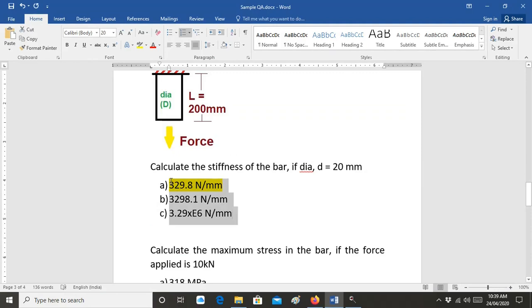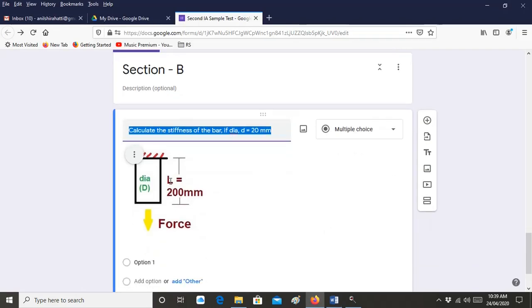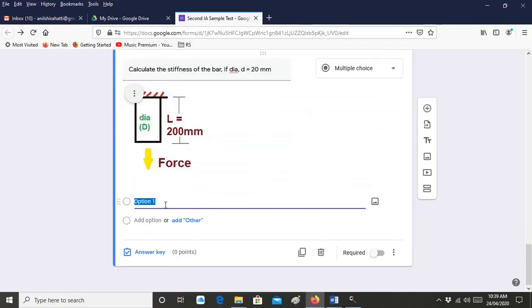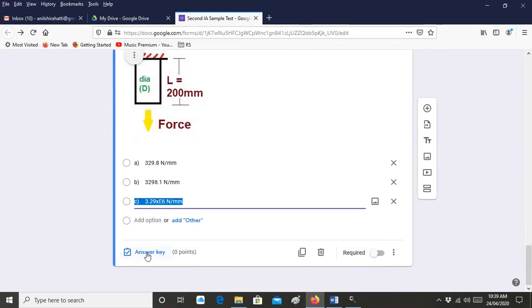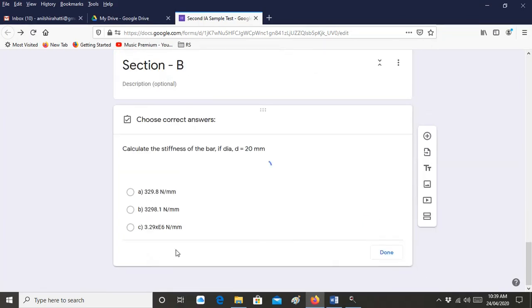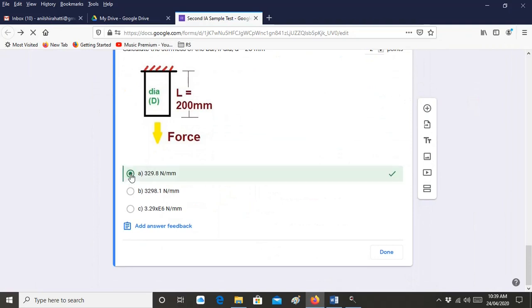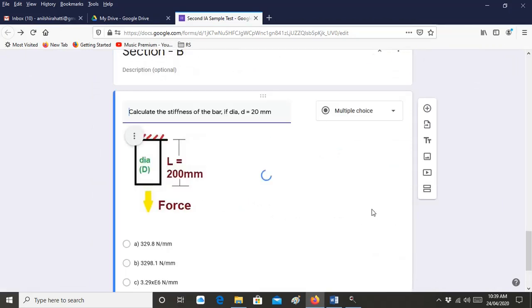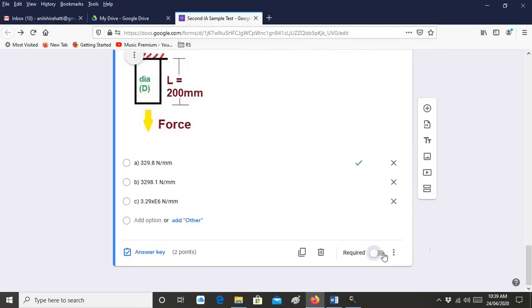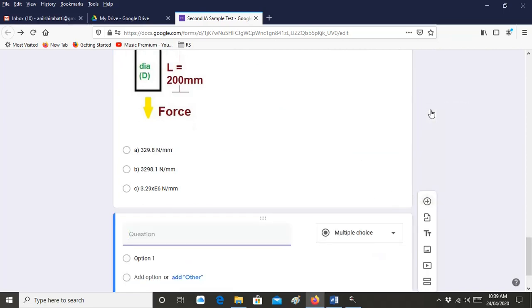So these are the 4 options I have given. Okay, so I'll just put the 4 options, then again click and check the answer key, define the number of points you want to give, and the correct answer is 329 Newton. So click that one and done. After that again required, right? Then again add one more section.